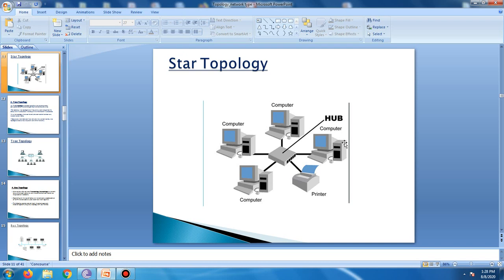System 1, 2, 3, 4 and printer. Four systems and a printer are connected to a hub. The controller acts as an exchange. The hub controls that there are systems. Data comes to the hub, and the hub transfers the data. This device is a controller of the other device.